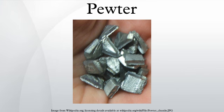Older pewters with higher lead content are heavier, tarnish faster, and oxidation gives them a darker silver-gray color. Pewters containing lead are no longer used in items that will come in contact with the human body due to health concerns stemming from the lead content. Modern pewters are available that are completely free of lead, although many pewters containing lead are still being produced for